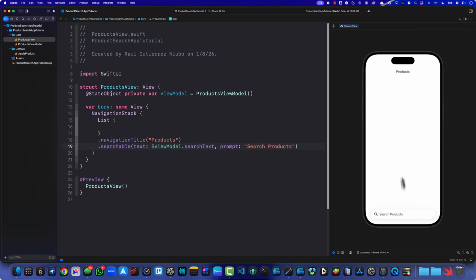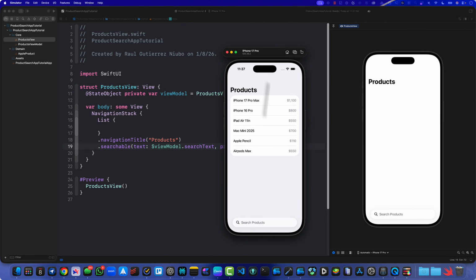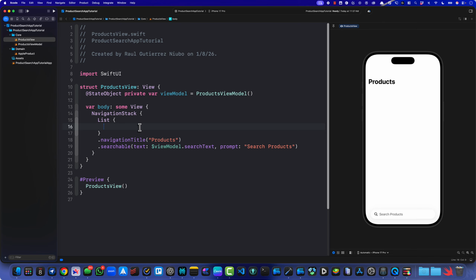So you can see right here at the bottom of the screen, now we can see search products. You know, it's the same thing we have in the final app, right? Search products right there. It looks really nice, right? All right, so now we have this list right here. So what we can do is that,